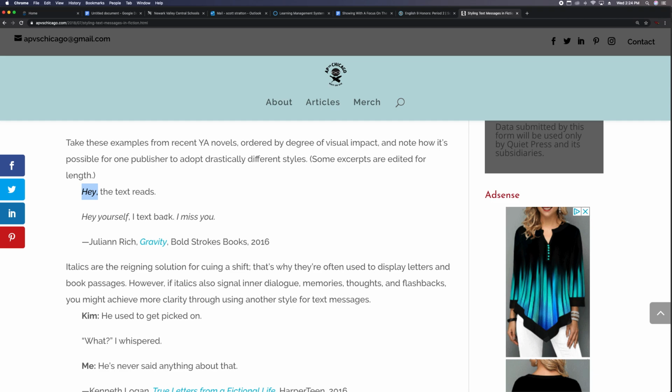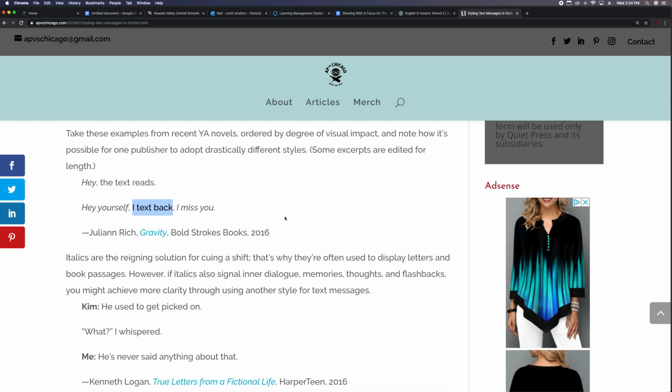Hey yourself, I text back, I miss you. And you notice there's two sections here. Like in the previous example, this attributive tag, I text back, interrupts the text. So the text would read, hey yourself, I miss you. But the writer has noted whose words they are with the attributive tag here, and then continued the text right here. So that's one way to handle a text message.